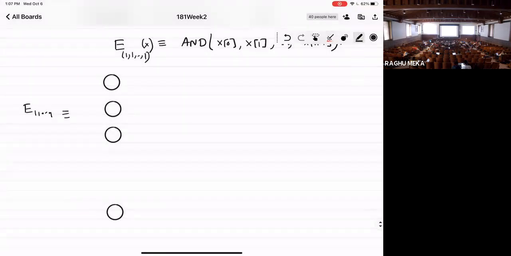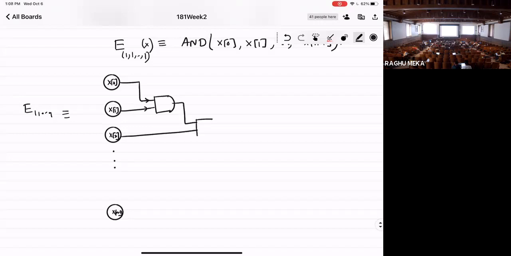I think I need to draw this diagram once very well so that I can reuse it. Okay, I'm computing the AND of the first 2 bits here, x0, x1, x2, all the way, xn minus 1. And then I can repeat this. Right, I'm just doing a cascading series